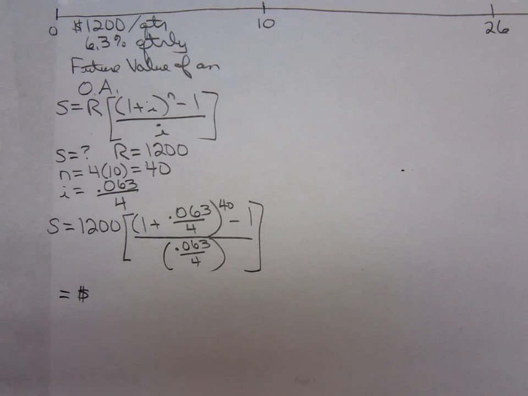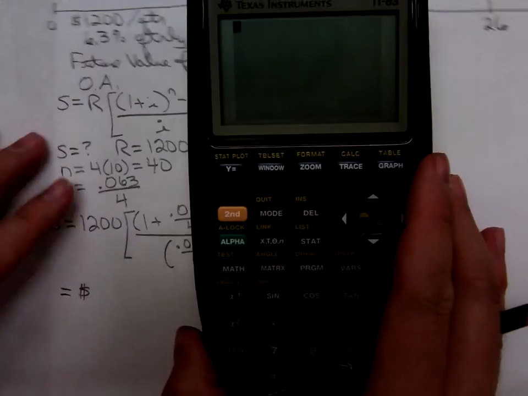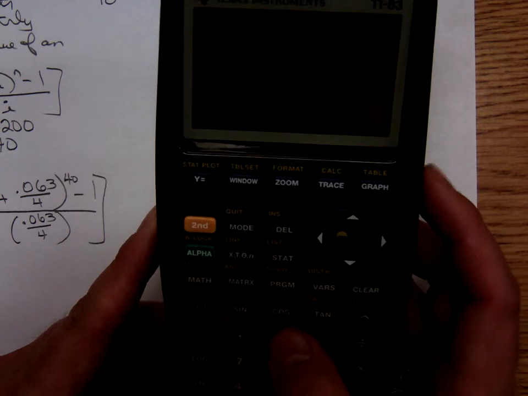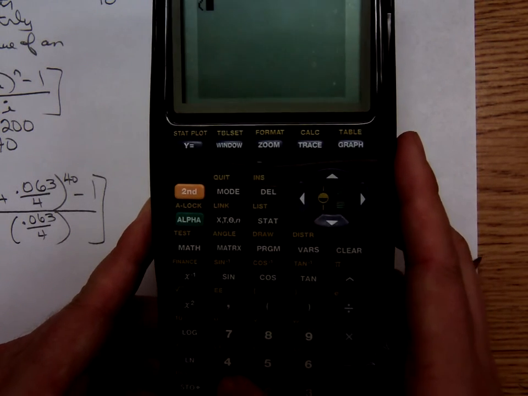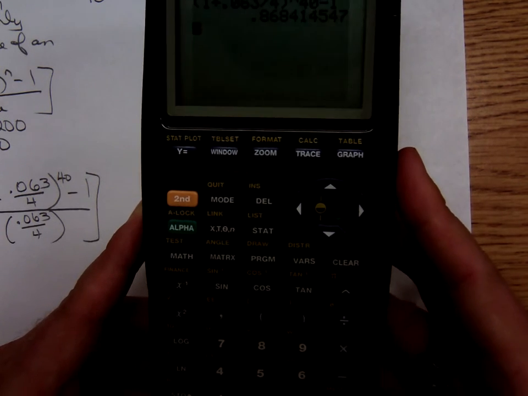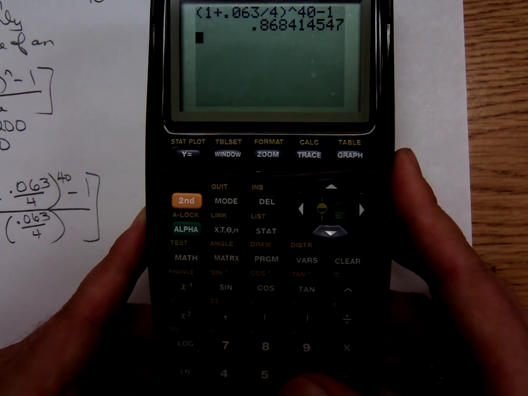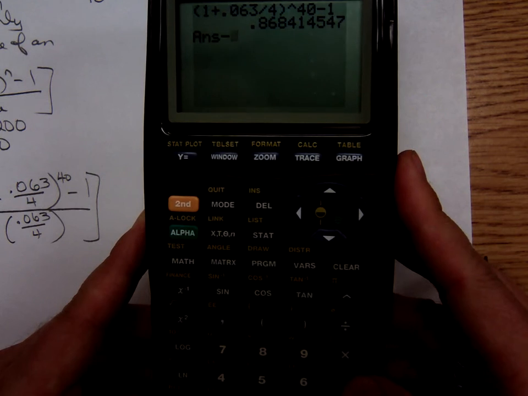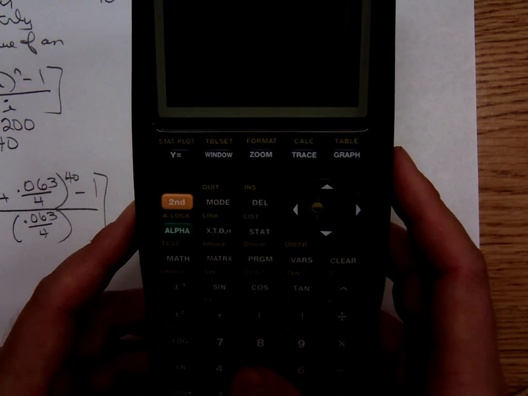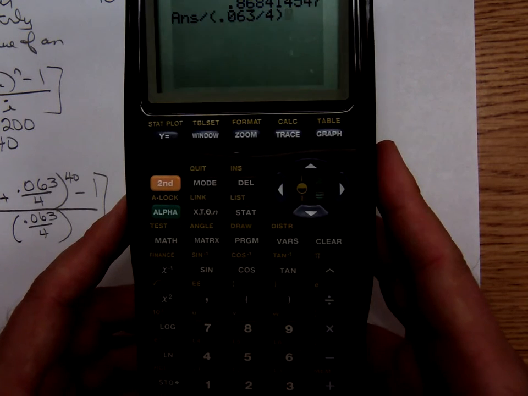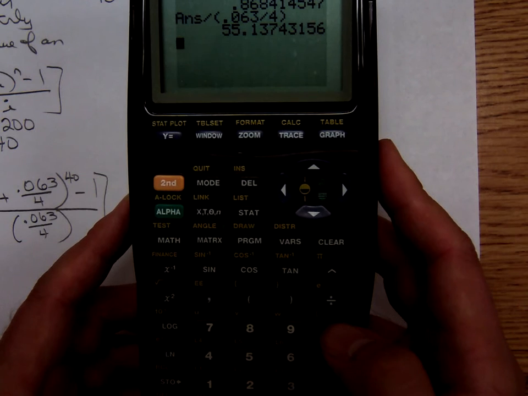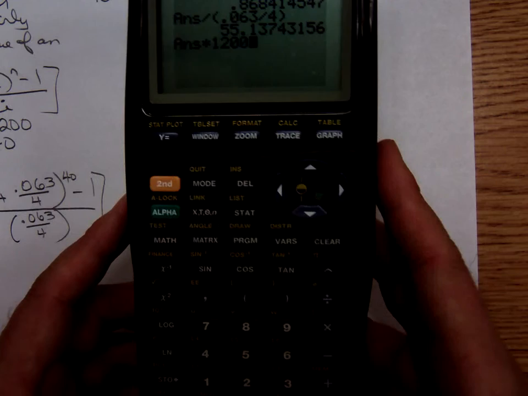So punching this into our calculator, I don't know if you can see this display or not, I like to do the bracket amount first, so that is 1 plus 0.063 divided by 4 raised to the 40th, minus 1 equals, and then I divide it by the 0.063 over 4, and that gives me 55.13743152. I then multiply that by 1,200 to give,